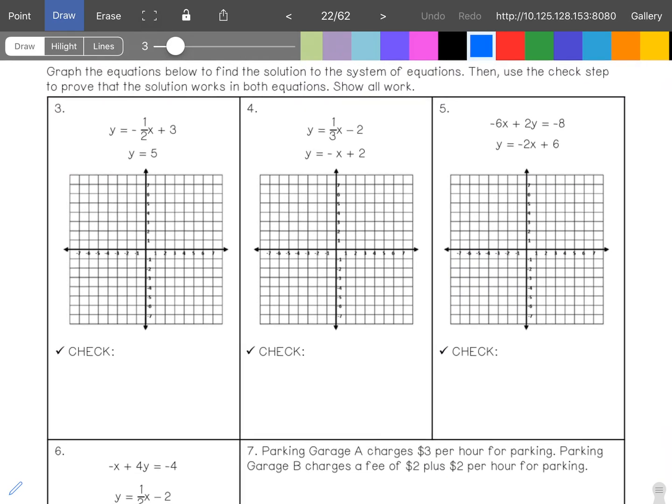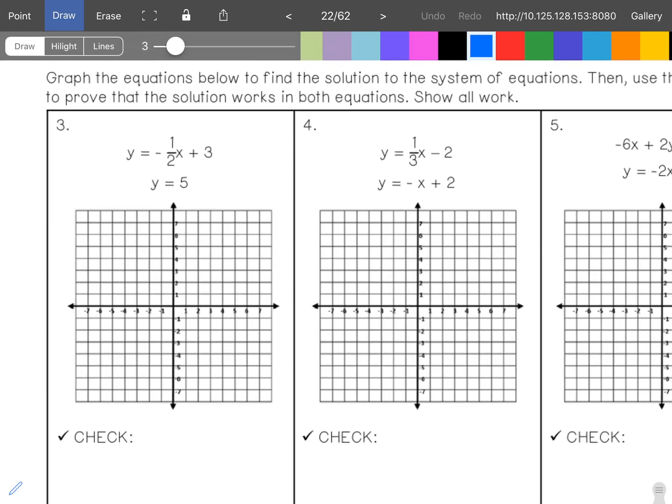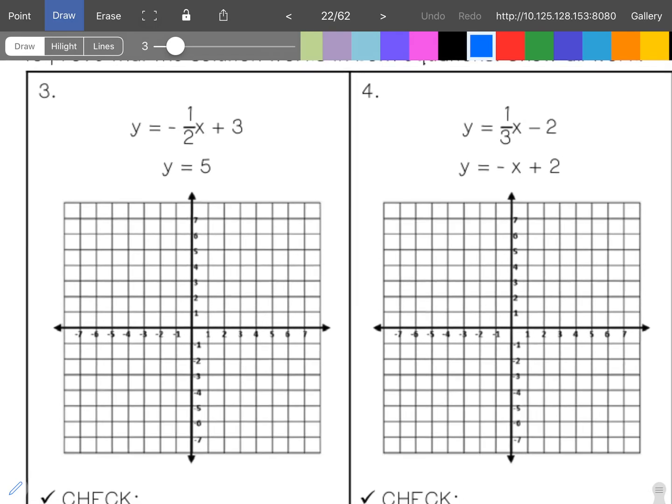All right, graph the equations below to find the solution to the system of equations, then use the check step to prove that the solution works in both equations and show all of your work. All right, so here we go. Let's start with